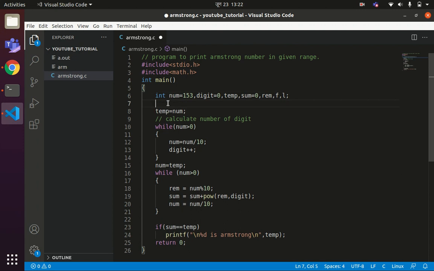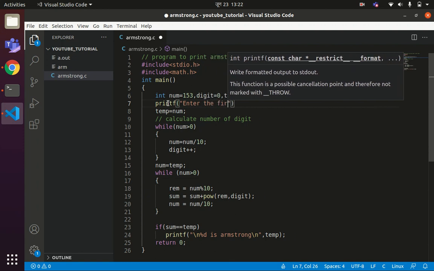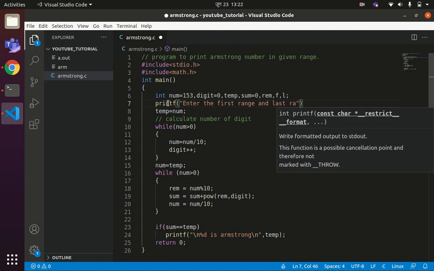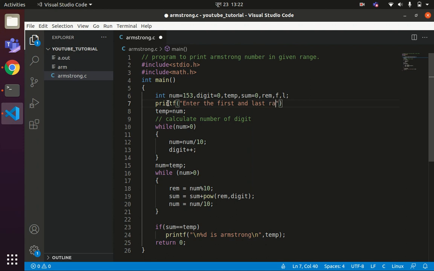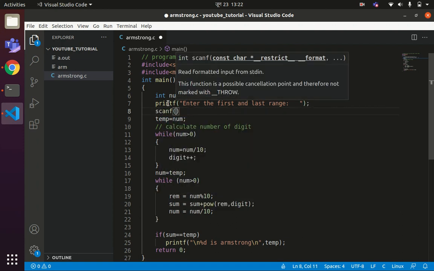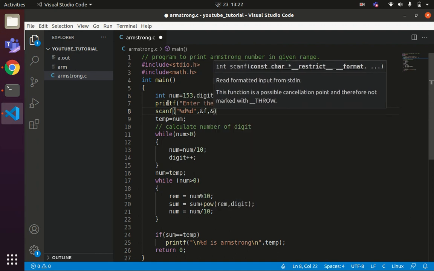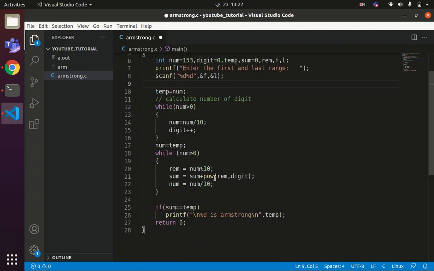So we'll tell the user, enter the first range and last range. So scanf %d %d, f comma l.